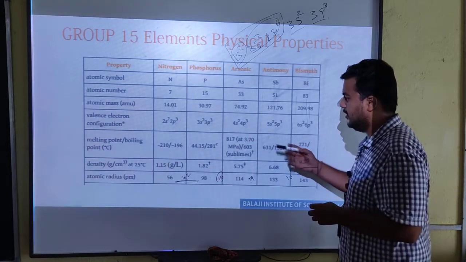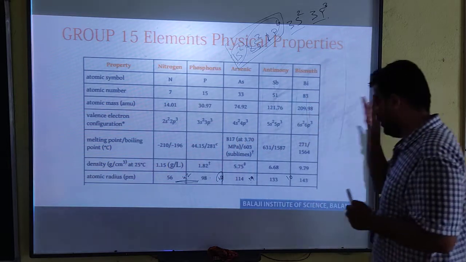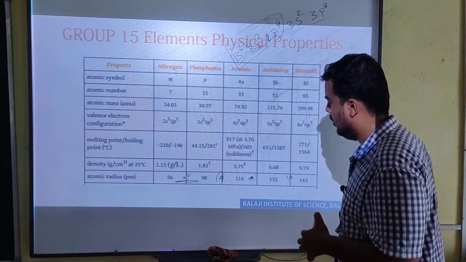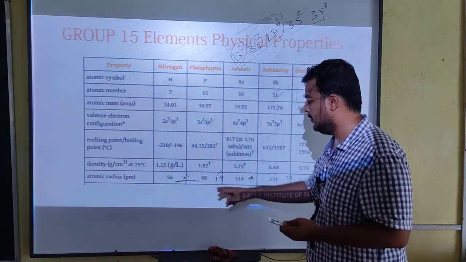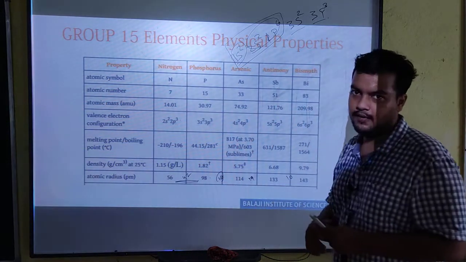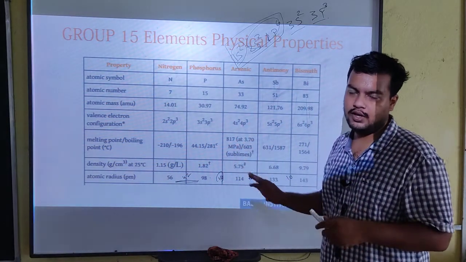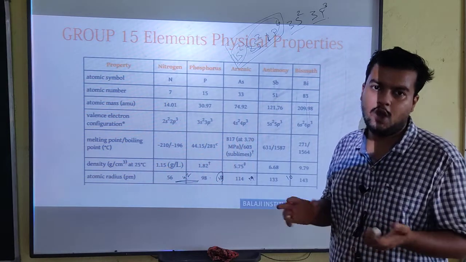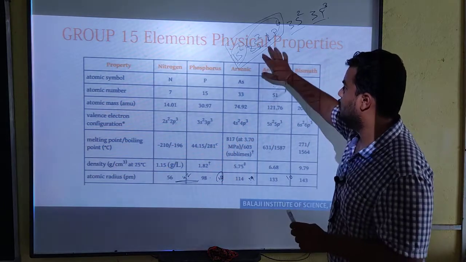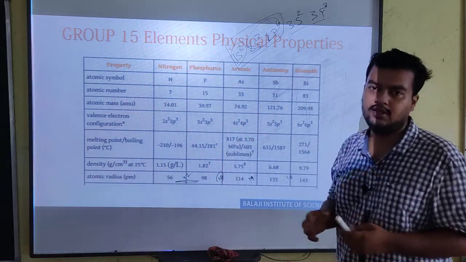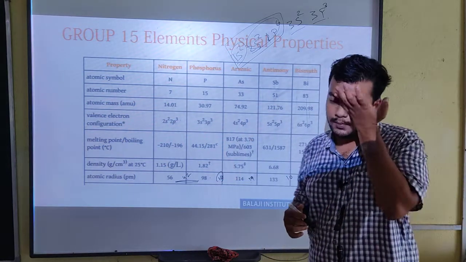But when we come to arsenic, antimony and bismuth, we can see the trend is not growing at a rapid rate. It is increasing by 16, 19 and 10, because here the size is already too much. So it will not matter how many more principal quantum numbers are there, because the shielding is done by the 2s2, 2p6 orbitals, or you can say completely filled 1 and 2 principal quantum numbers.